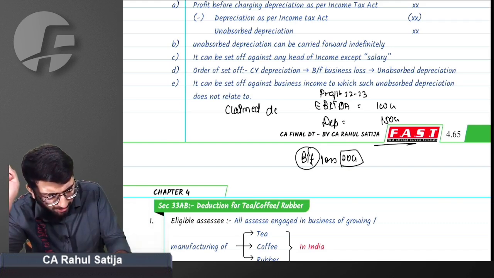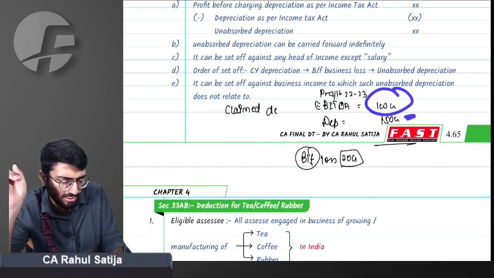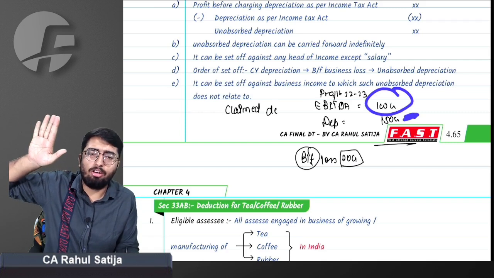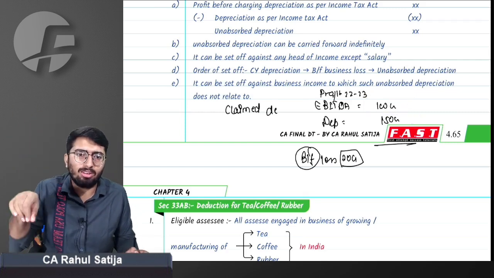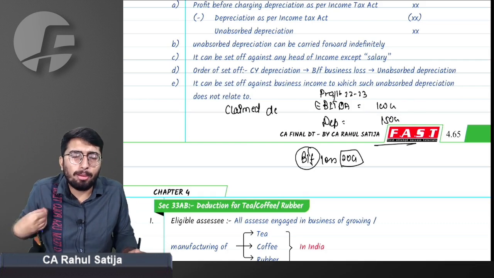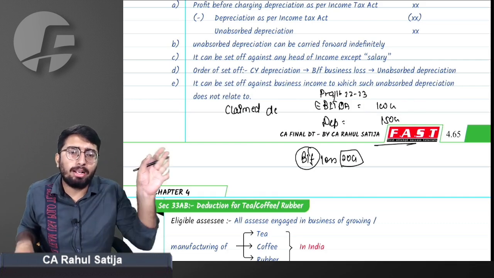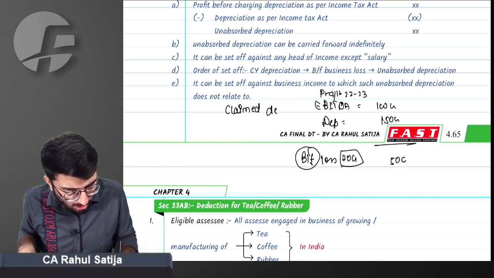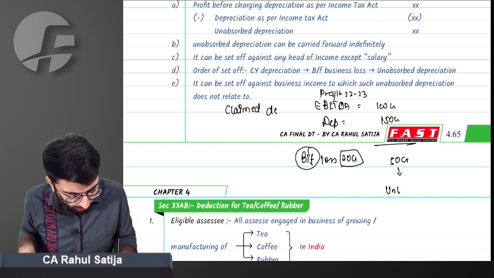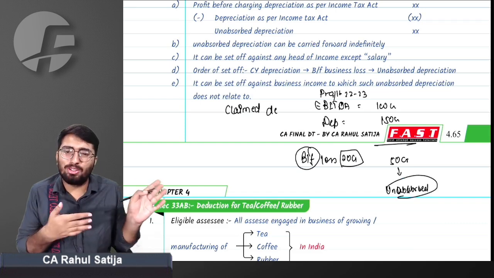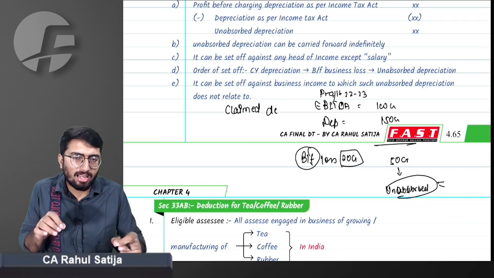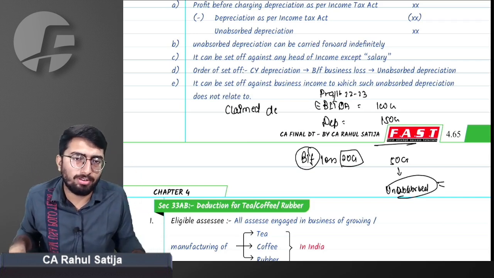Sir, can I say I have profit of 100 cr, depreciation of 150 cr? Can I say that 50 crores of depreciation is not absorbed? 50 crore of depreciation is not absorbed because my profit is not sufficient to absorb the depreciation of 50 crore. So can I say this 50 cr depreciation is unabsorbed depreciation? This is the unabsorbed depreciation only. There is no other concept. Unabsorbed depreciation means a depreciation that cannot be absorbed because of insufficiency of profit.